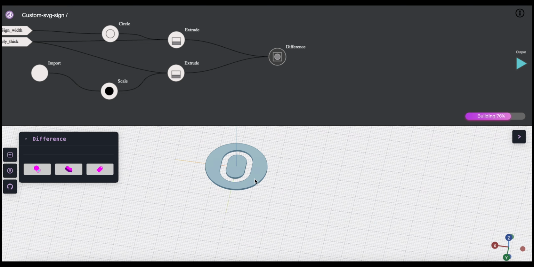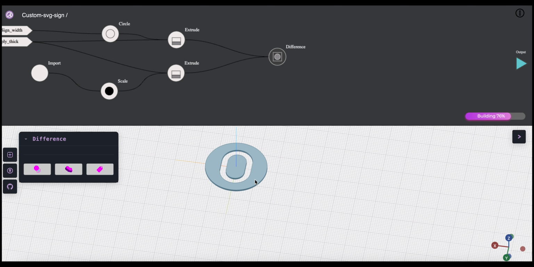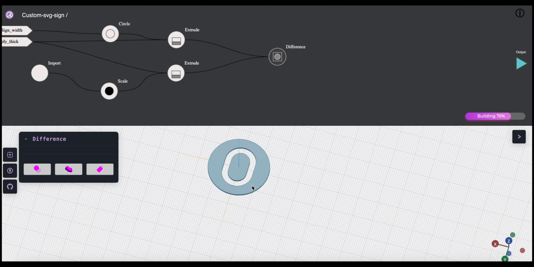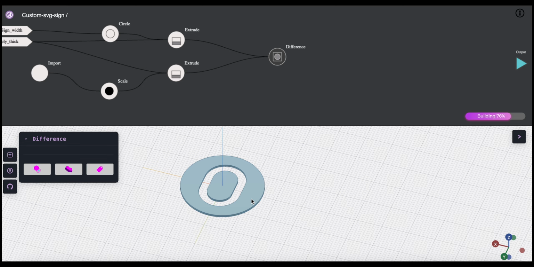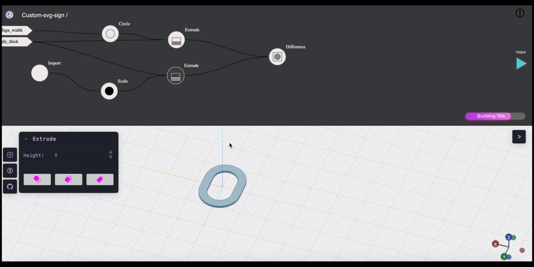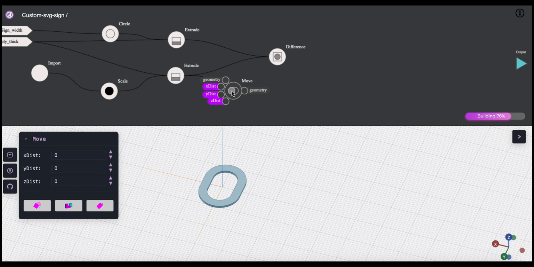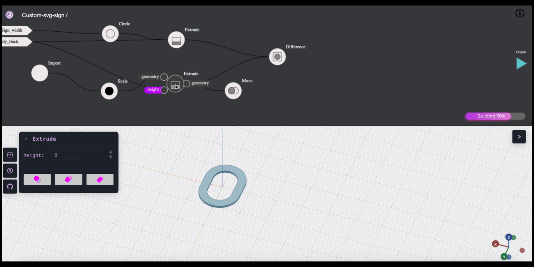That's actually perfect, except that I don't really want to cut out everything. I don't really want to cut out the entire 0. I just want it to be slightly raised so that it only cuts halfway through. And to do that, I am going to move my extruded SVG a little bit up. And let's say we want to move it. I actually want it to be perfectly halfway